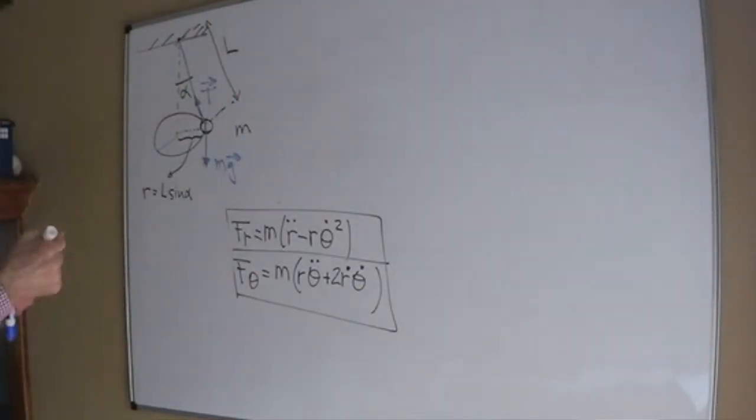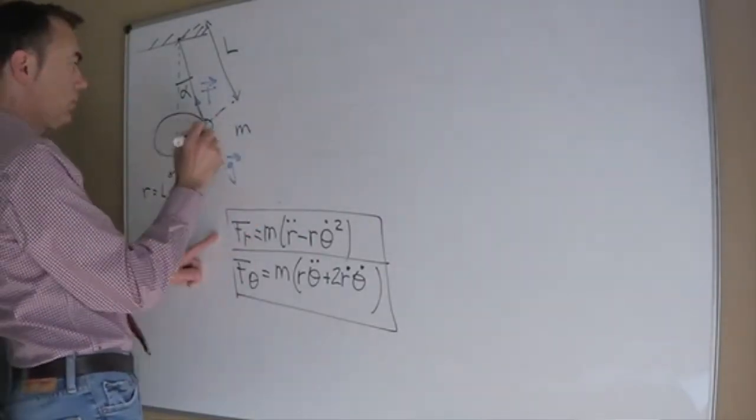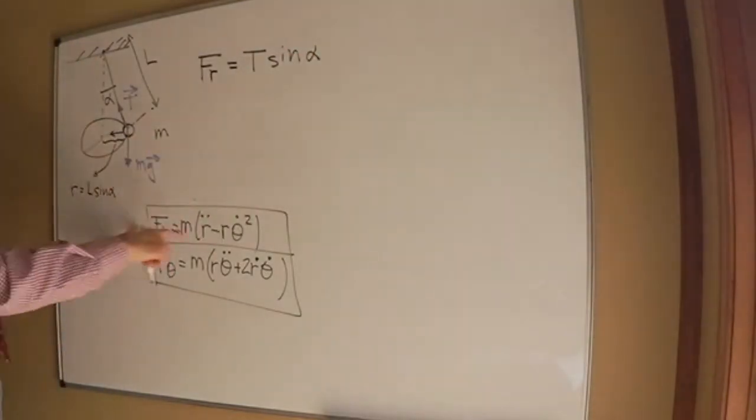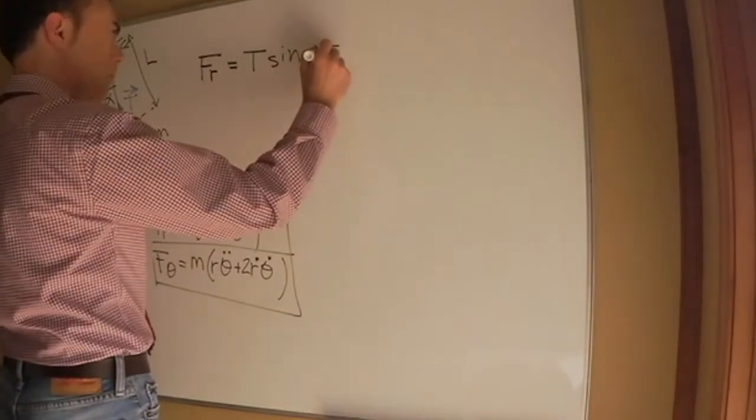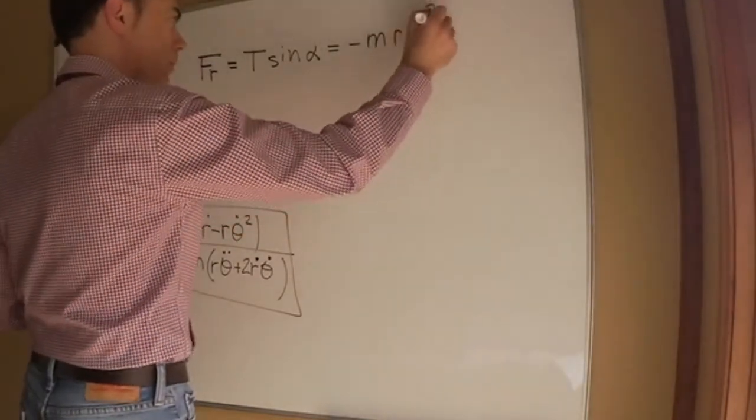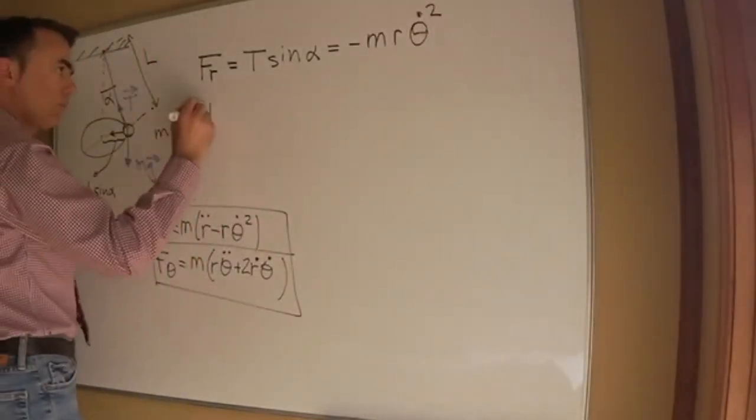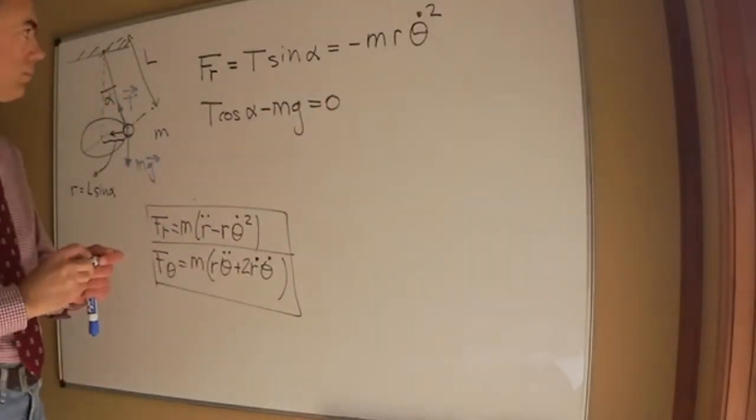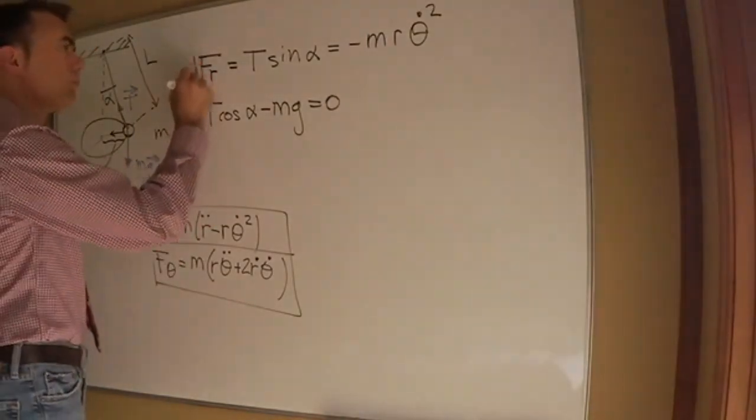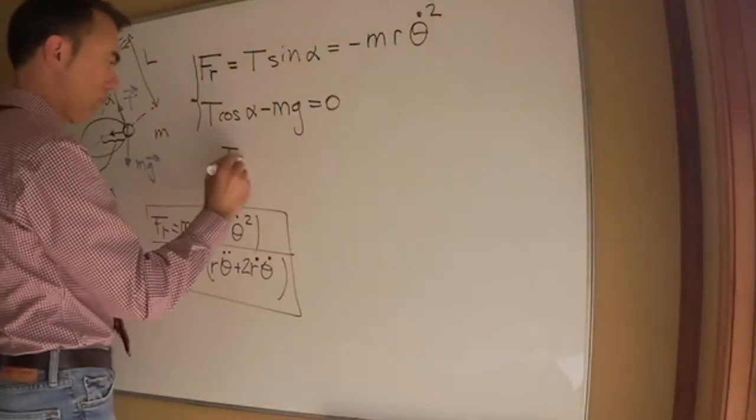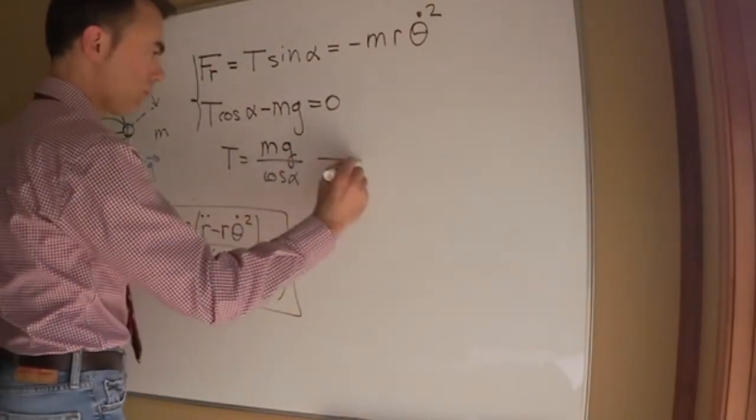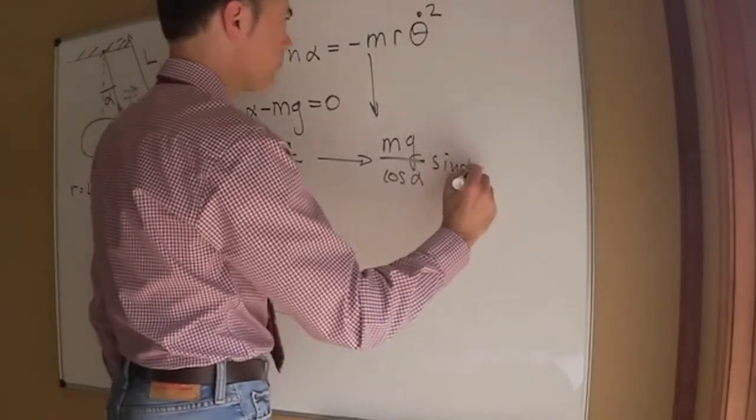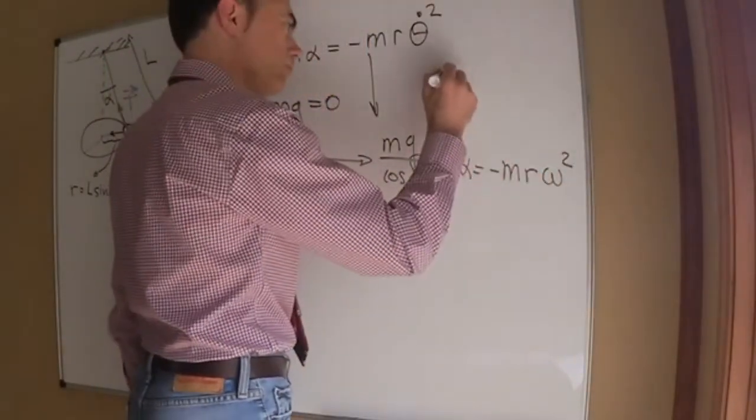To do that, we will write Newton's second law. The bob moves on a circle, so there is a horizontal radial force. F sub r equals m r theta dot squared, where r is L sine of alpha. Vertically, there is no acceleration, and the balance of forces is due to the vertical component of the tension, T cosine of alpha, and the weight mg of the bob. We can solve these two equations to find that the angular velocity omega